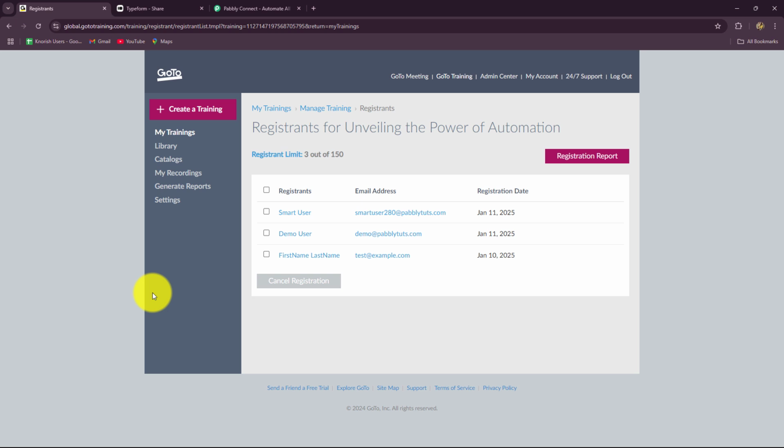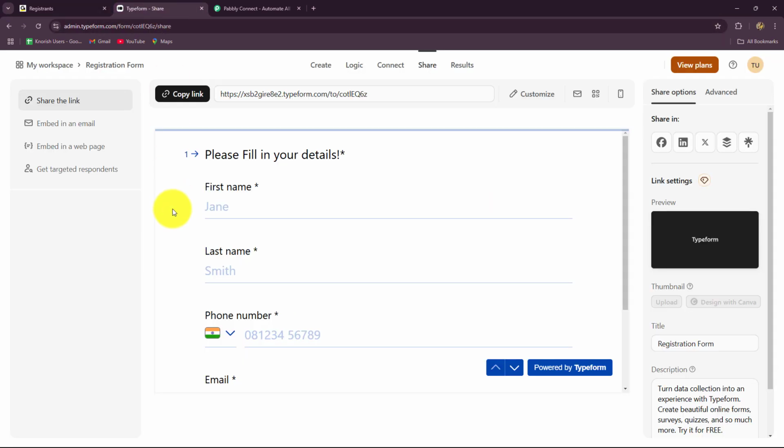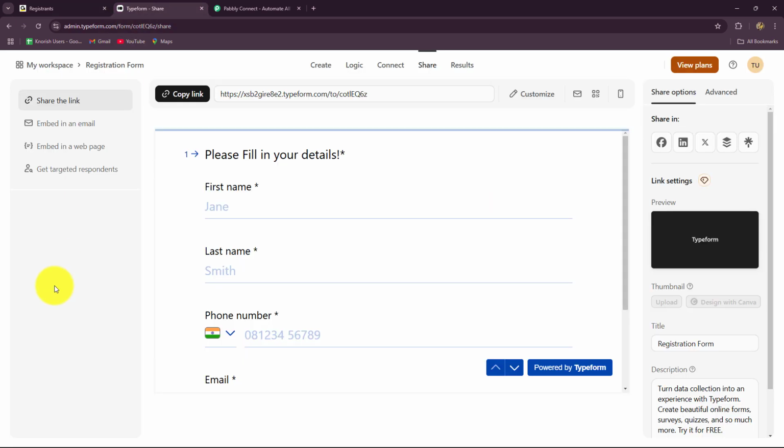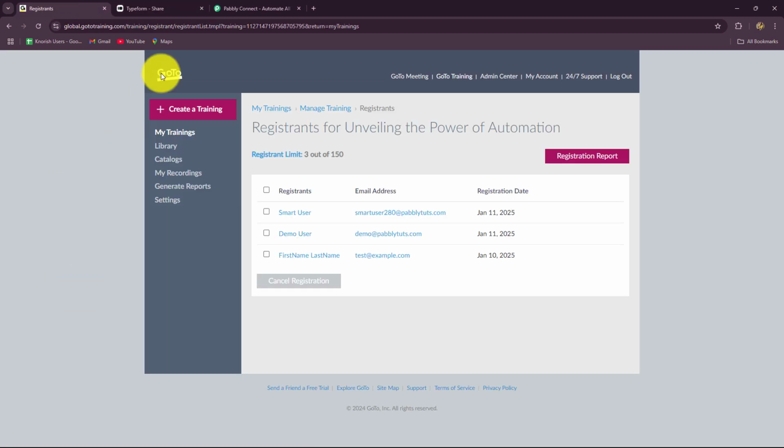Okay, so here I am managing all the training sessions with the help of GoToTraining, and to collect the registrations for these training sessions, I am using Typeform. I have already created a registration form and also I've attached it on my website. And now every time an interested person submits this Typeform, automatically I want that person to be added as a registrant in my training session in GoToTraining. So to automate the entire process, we will have to set up the connection between Typeform and GoToTraining,